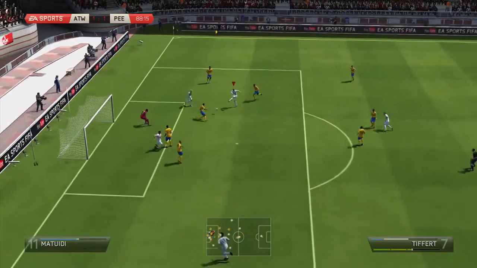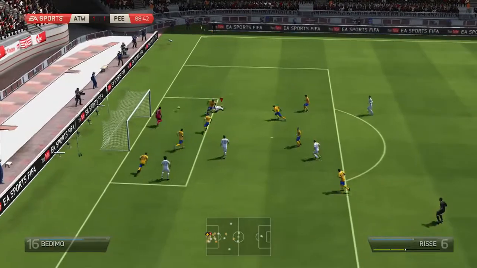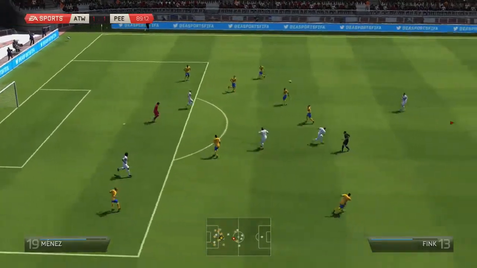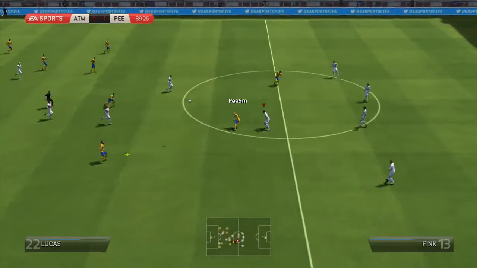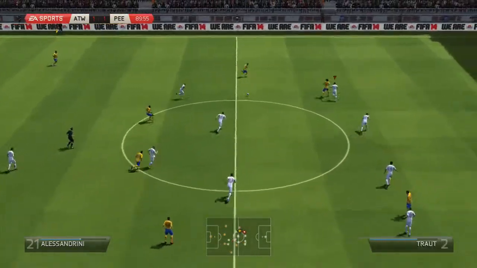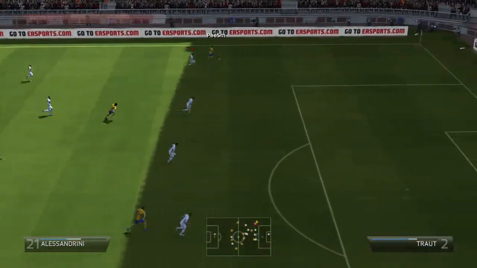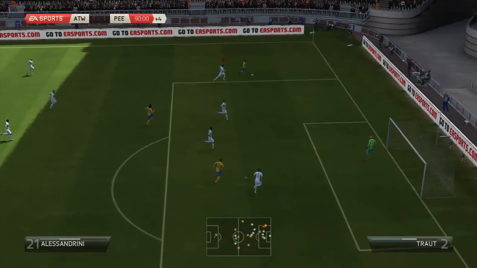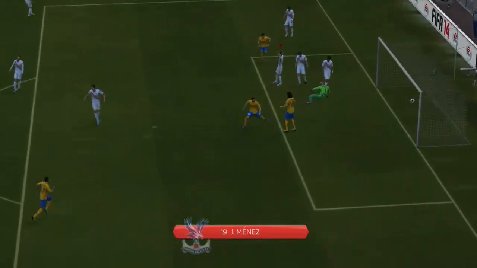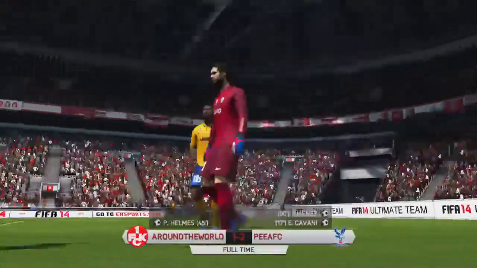Tiffert is storming down the right side, and that shot gets blocked. Kolobula here is going to pick up the ball, cross that across into the path of Riese. Unfortunately, the keeper saves that and throws that ball out into the path of Fink, and that ball gets picked up by Lucas here. Finds a nice through ball into Alessandrini, a fantastic left-wing player. We've got 4 extra minutes, and he's going to be sprinting down that left-hand side. Trout can't keep up with him. He's going to cross that, and Cavani, I believe that is going to... No, sorry, Jeremy Menez is going to win that header to make that 2-1 in the 90th minute,